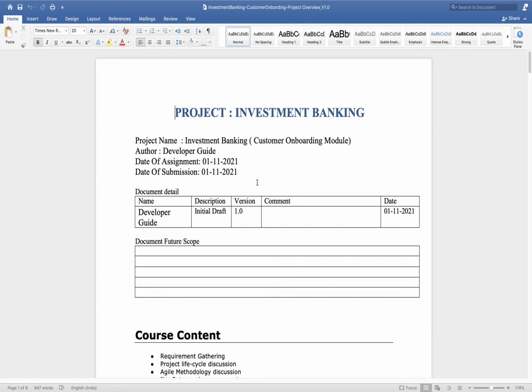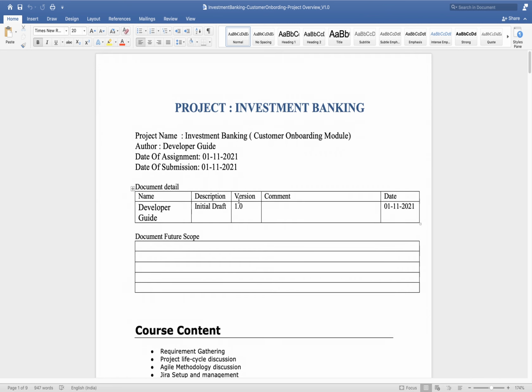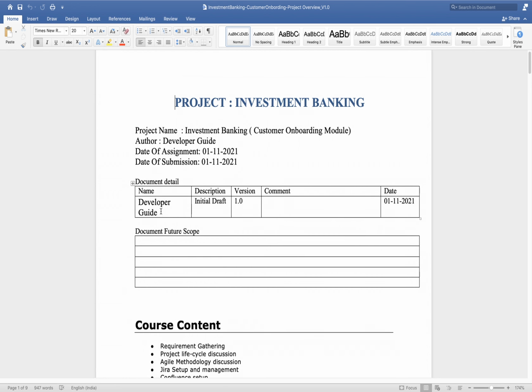So here we have a document. This is what we generally term a functional design document, or rather we will have a similar kind of document for the functional design document, but this is our high level discussion document. Whoever creates it needs to provide their details. So whenever there is an initial draft, whoever creates this document needs to put their name, then initial draft, then version, and then date.